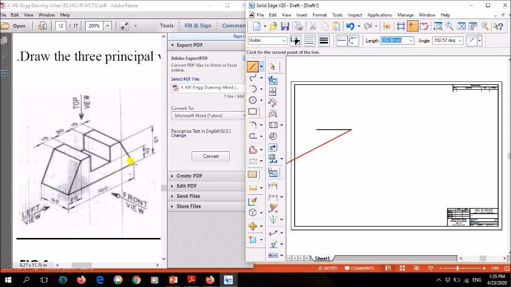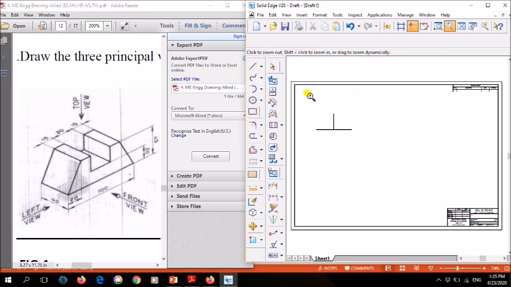Next, whatever this height is there, it is 45, but it is not straight. It is slant, so I don't know what its angle is. So what I'll do is, I'll just escape. I'll take a line. Now take a center point. The center point of 100 is how much? 50 mm. At that point, draw a thin line. Using the thin line, draw a height of 45 mm. Clear?